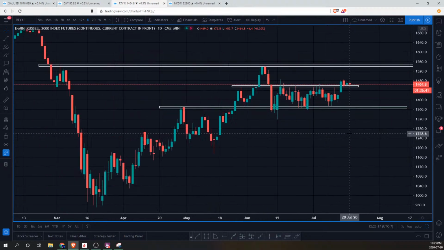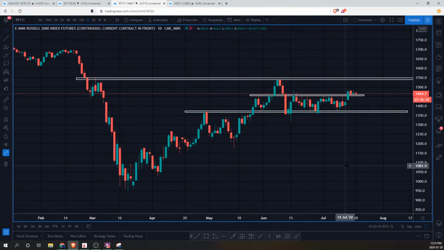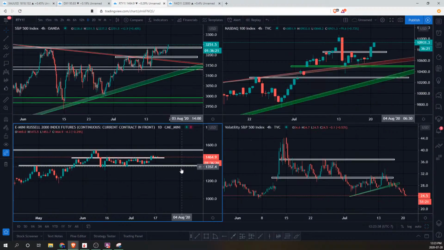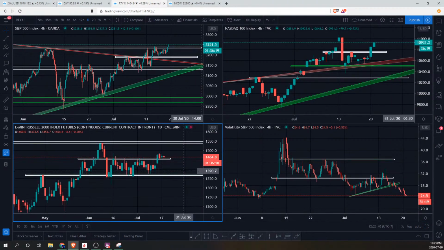Russell 2000 has not been as bullish as, let's say, the S&P or the NASDAQ, but this is representing the small caps, and we do see a little bit of a bump up where the previous structural high is now the structural low on this new zone that we're creating here with a tight little consolidation that could have a little bit of a pop. But overall, bullish sentiment in the equities market. It does look like